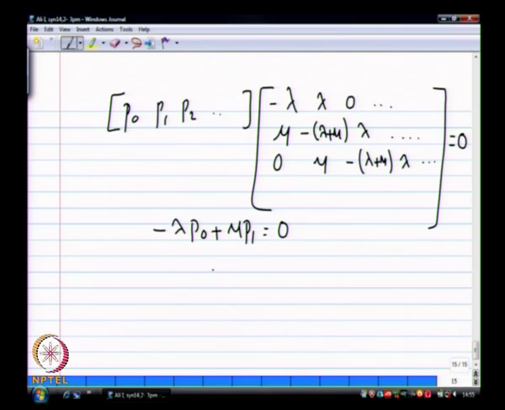Therefore mu p1 equals lambda p0, and p1 equals